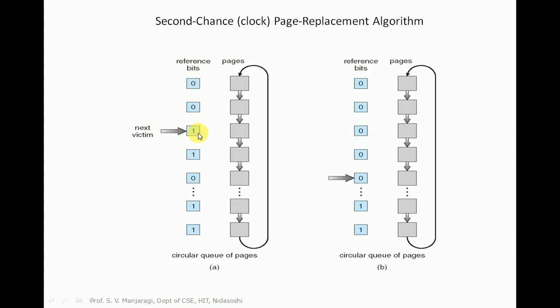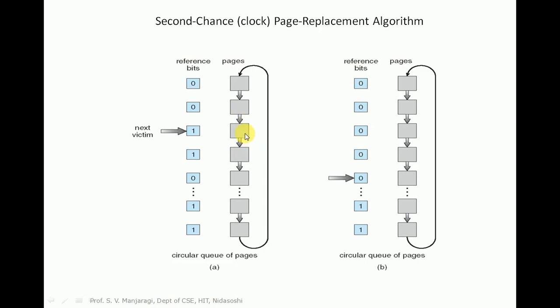That means the next page to be replaced. Here in the first cycle, if the reference bit is 1, it will be set to 0. So this particular bit will be set to 0, but this page will remain in the memory still. Only what we have done is we have made this reference bit 0, but we have not yet replaced the page. Similarly, for the next page, the reference bit is 1, we will make it 0. And when we go to the second cycle, we will go for the replacement. Till then, those pages will be there in the memory.